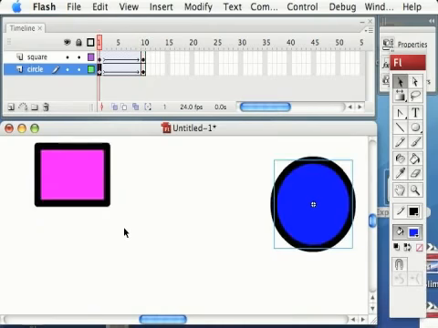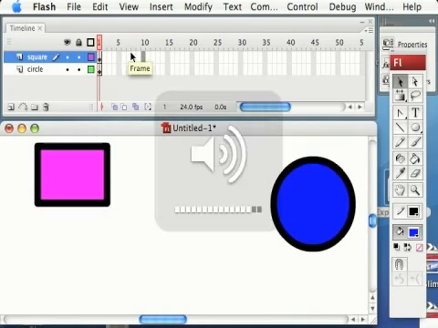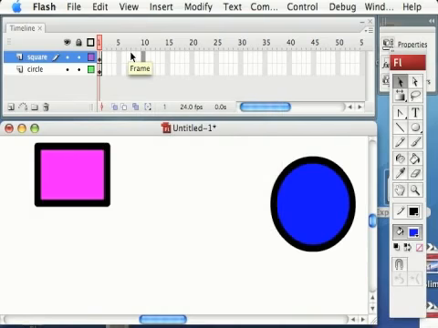Okay, let me show you how I did that. I'm going to undo my past work and show you. Okay, so Mr. Square over here, remember this is kind of like a stage. This is your canvas or your stage, and these are your actors. So actor Square is on the stage at frame 1, but frame 2 is off, so we need to put him in. So what we do is we create a frame by hitting F5